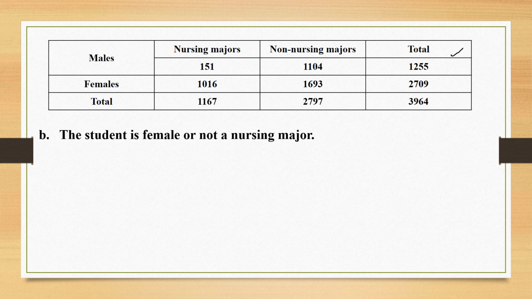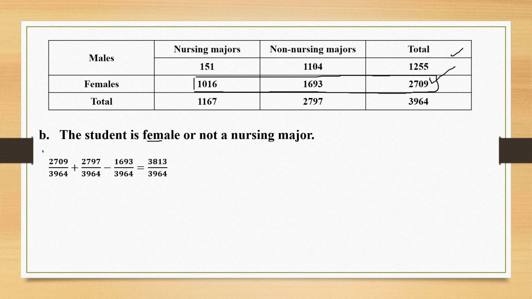Now my dear student, I display this table again for you to answer the following questions. The student is female. This row is for the female students. The total number of female students we have is 2709. I wrote it down here. Then or means I put the plus sign, then the non-nursing major students. Okay, in total we have